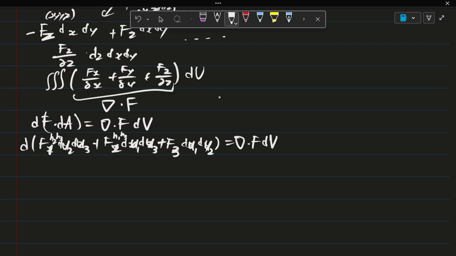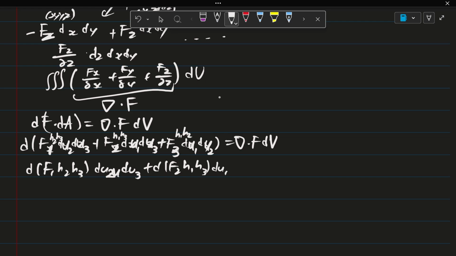So what you would end up with is the partial of f1 h2 h3 of du2 du3, plus the partial of f2 h1 h3 of du1 du3, plus the partial of f3 h1 h2 of du1 du2. And so if you divide it by the dv, where the dv here is h1 h2 h3 du1 du2 du3,